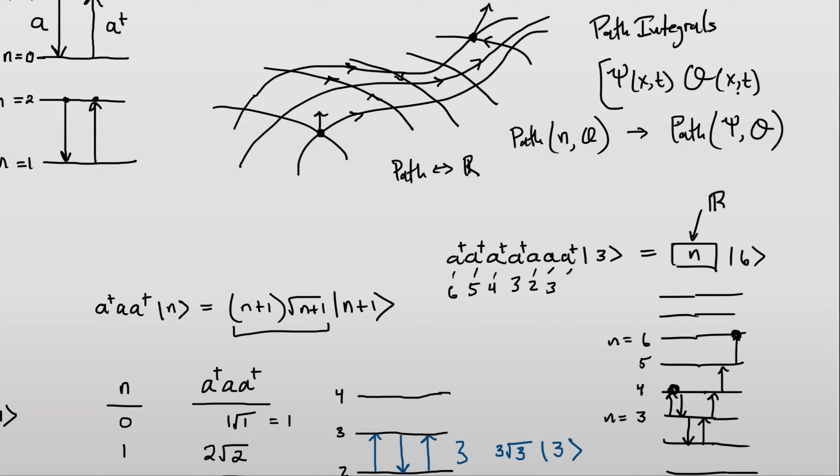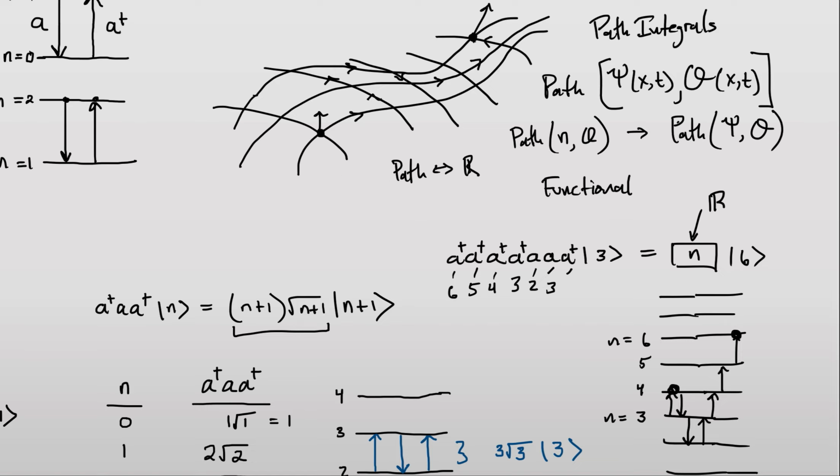So these things are functions of space and time, while the path is a function of these two variables. This is a function of functions, and this is functional analysis. A functional is a function